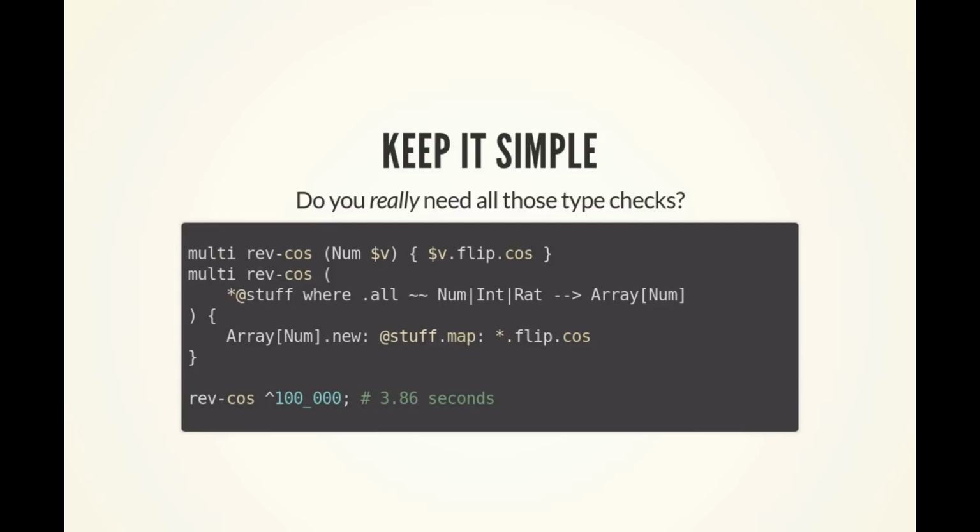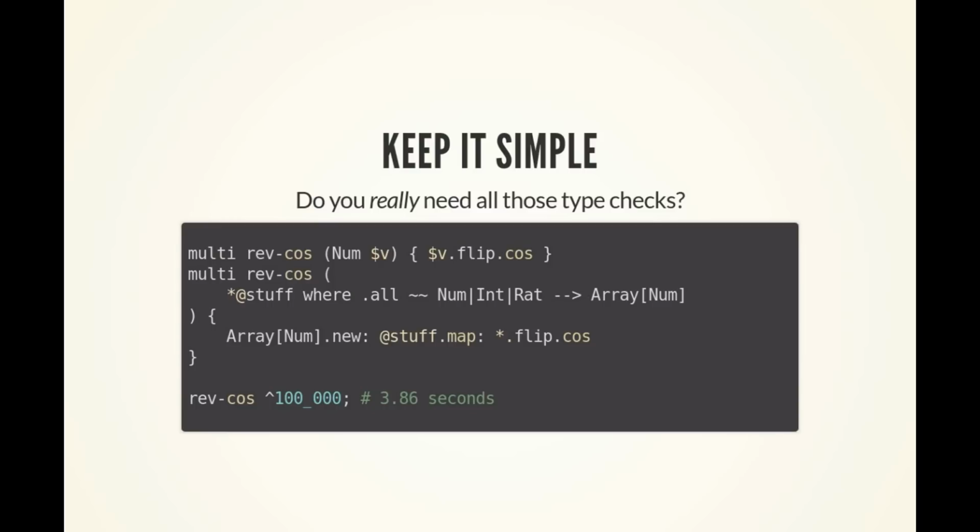The dynamic optimizer can remove some of the type constraints if it can see that some of them might not be needed, or if it sees the same type being given to the subroutine, it will change it to a cheaper guard instead of a type check, and basically it will make the program run faster. And if that guard fails, it will switch to a slower version of the program. So there are some dynamic optimizations that make type constraints cheaper, but some of them it would be